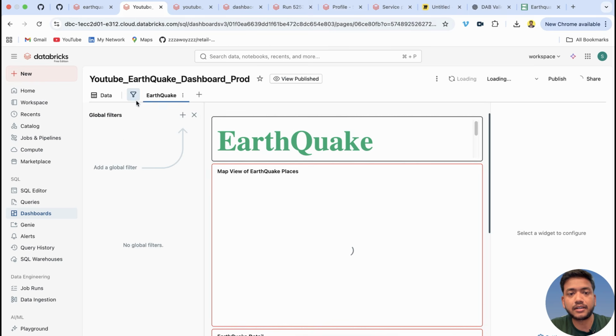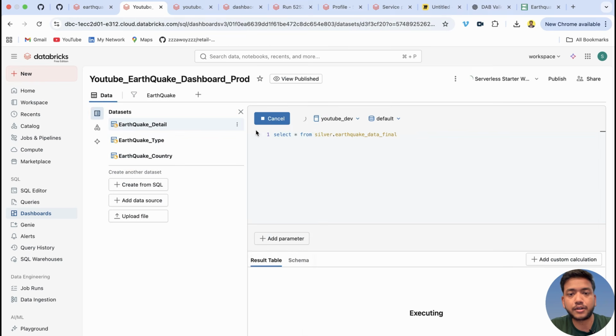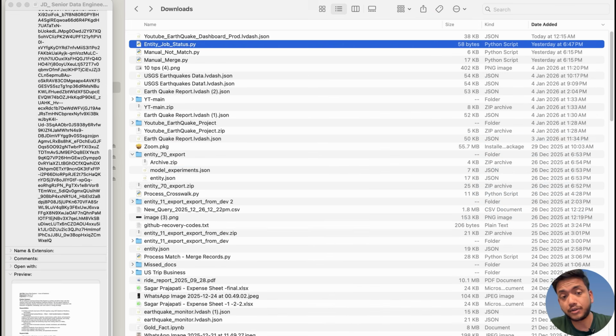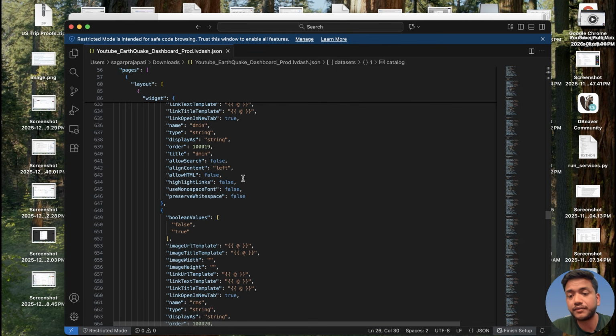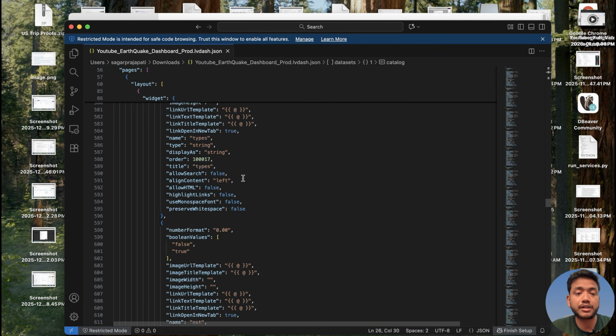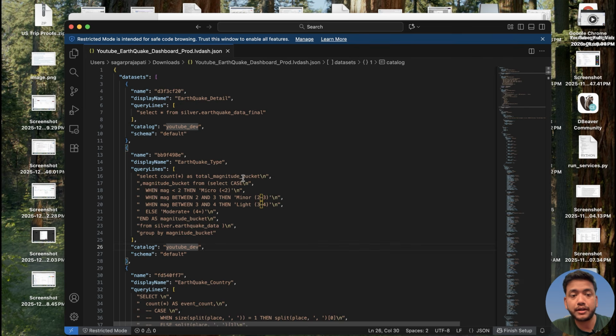It was saying that the table was not found because you can see it is still pointing to the dev, and it should have been pointed to the production, right? As of now I don't know whether we have an option to automate this process, but what I understood is that we don't have any option,